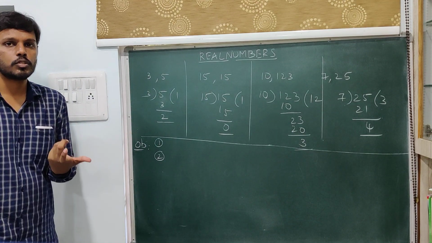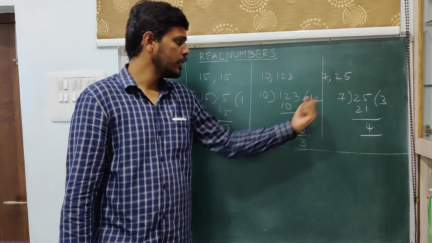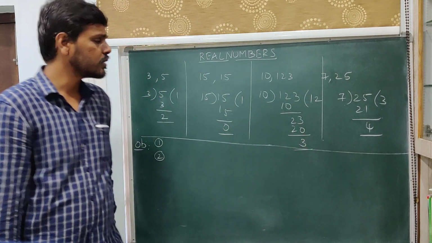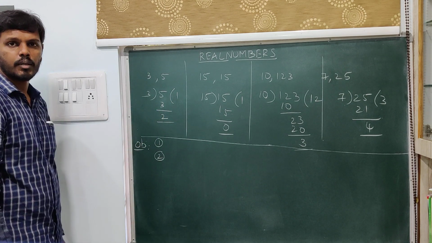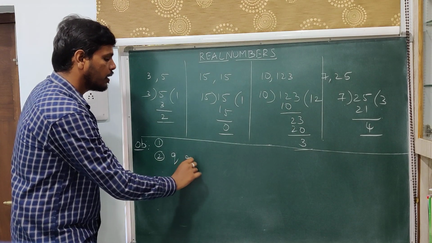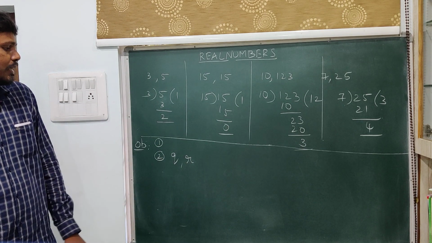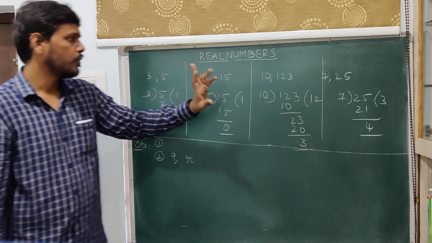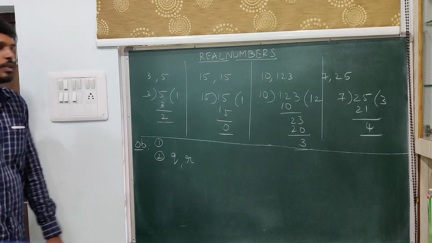That is, whenever you are given two positive integers and you divide them, we arrive at two integers again. So here 1 and 2, 1 and 0, 12 and 3, 3 and 4. Again we arrive at two integers. Generally we call this the quotient, and this is called the remainder. So I will say Q for quotient and R for remainder, because the numbers are different over here, so for the sake of speaking in general, I am taking Q and R. So for every two positive integers, we arrive at some integers Q and R. That is the second observation which we can make.